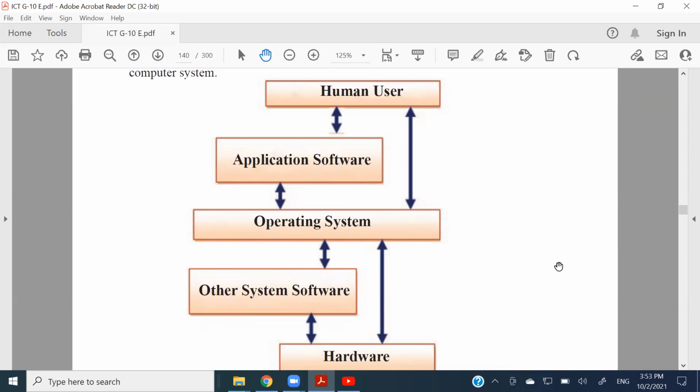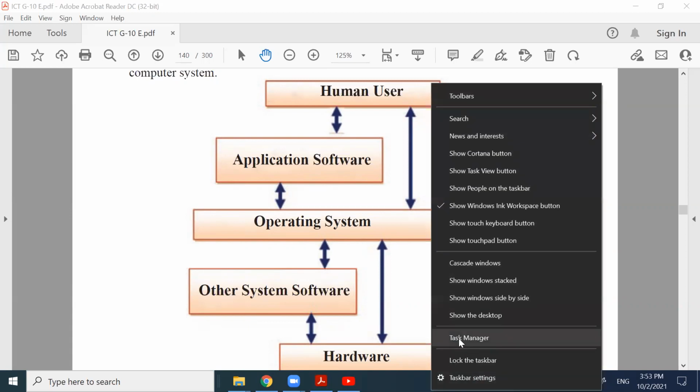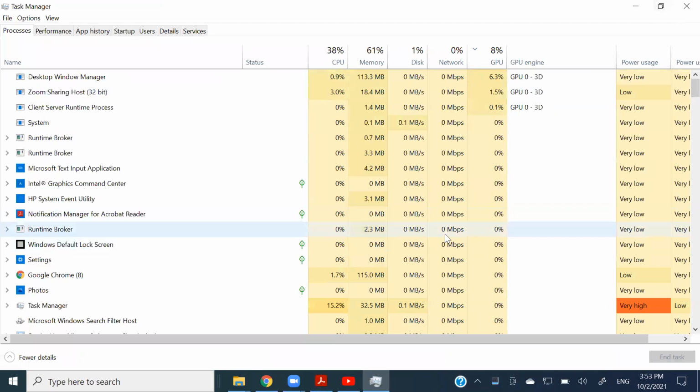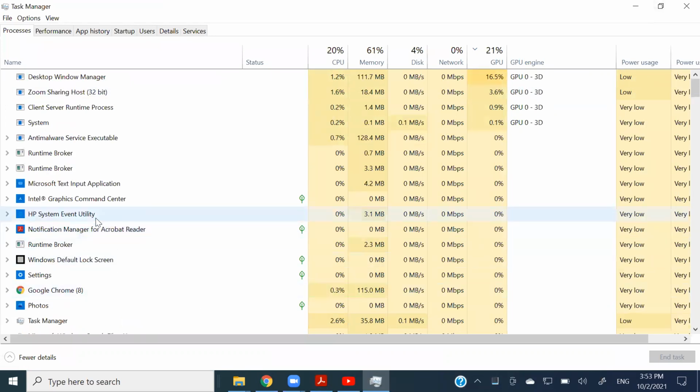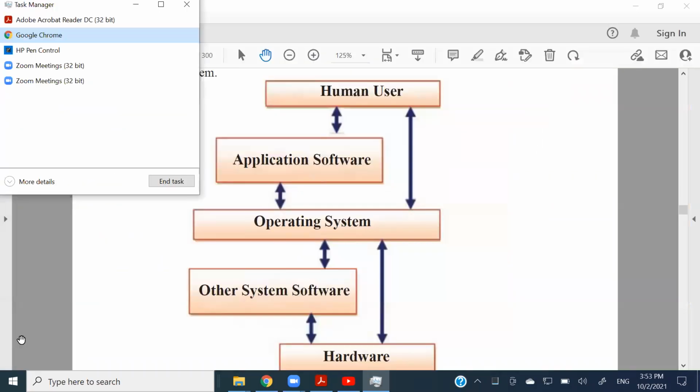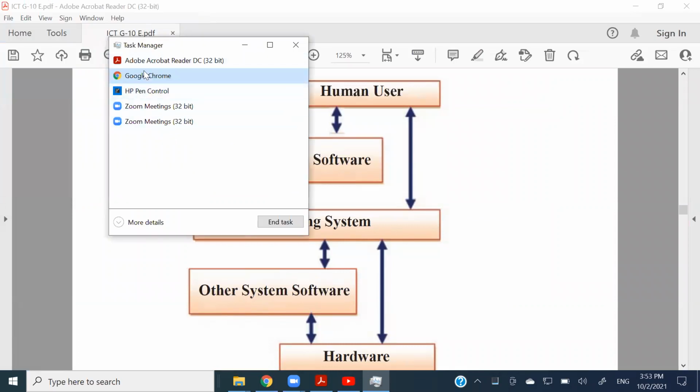to create processes. Now, I showed you the task manager, and I showed you some application software related processes and the utility software related processes. Now, if you think about this Google Chrome, this particular process is an application software related process, right? And you can see different kinds of other tasks here as well. Now, when we go to the fewer details, these are the applications that are run by the user. That means me, running programs.